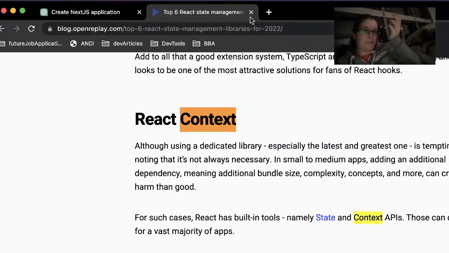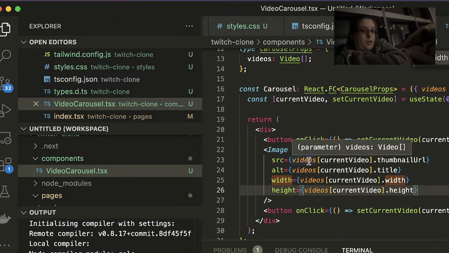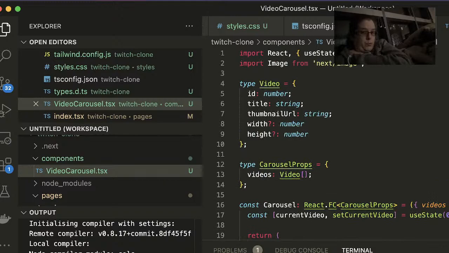That's probably good for tonight. We created a next application. We have a component called video carousel, and we're able to traverse backwards and forwards through it. It did not make a perfect Twitch clone though, but I think I will just do what I did before and make a very descriptive